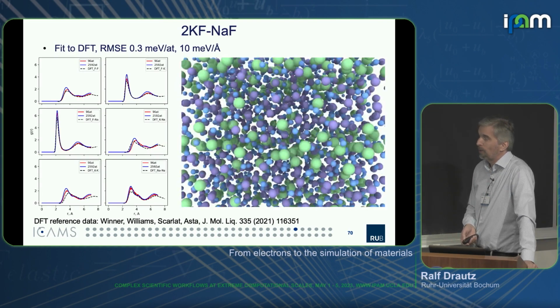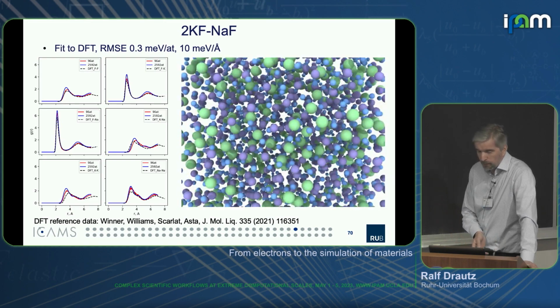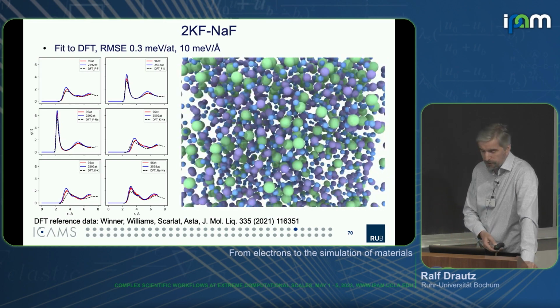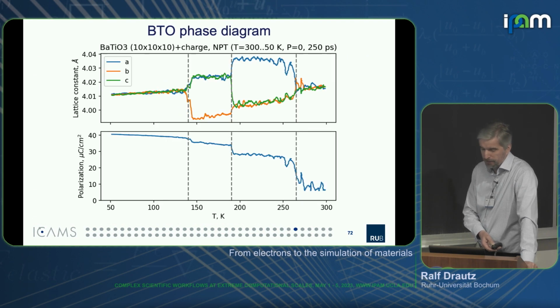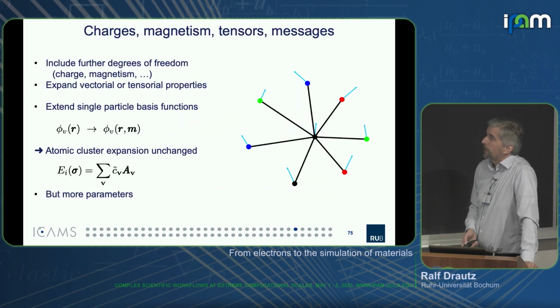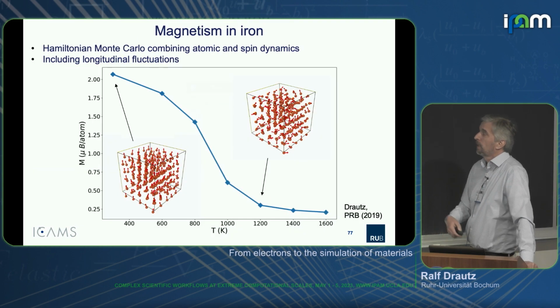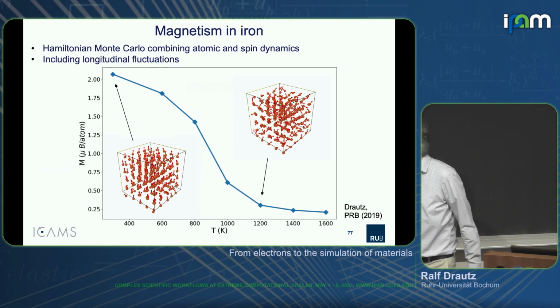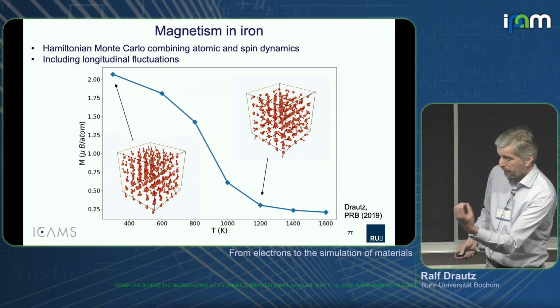Then we can just look at molten salts. Even without any charge transfer, we can just run them. We can look at transformations in ferroelectric materials, and that's the last thing that I show, we can extend this whole formalism to include other variables, magnetism, and then we can look at the magnetic transition in iron, for example. So if we ramp up temperature, we now have a system that has atomic degrees of freedom,